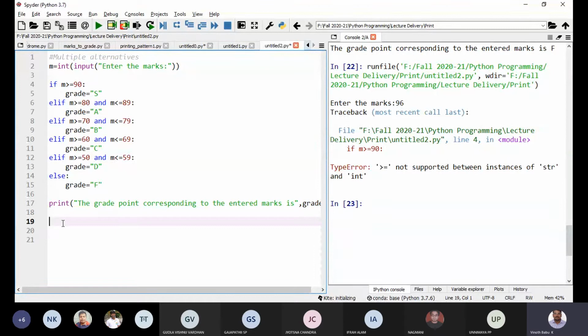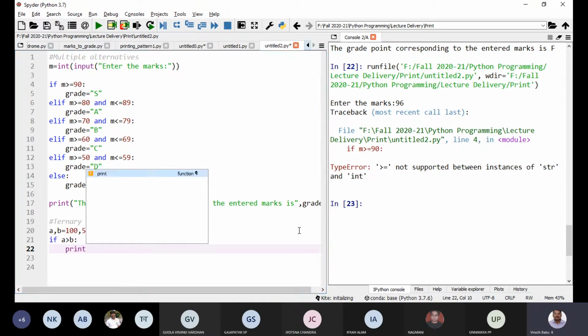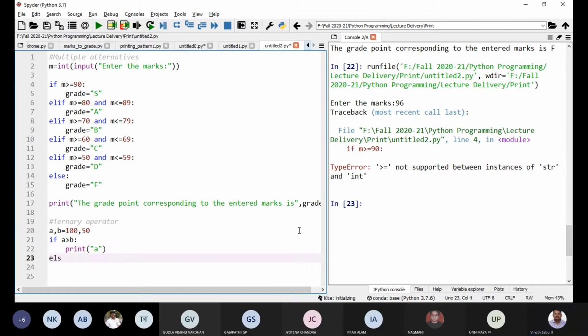See, there is something called ternary operator. Say for example, I have a code. Say a, b is equal to 100, 50. If a greater than b, I'm going to print a, else I'm going to print b.